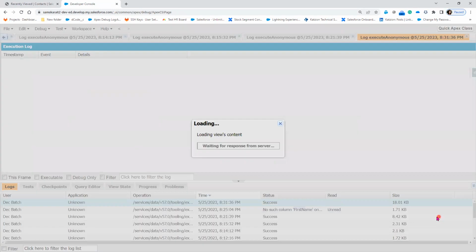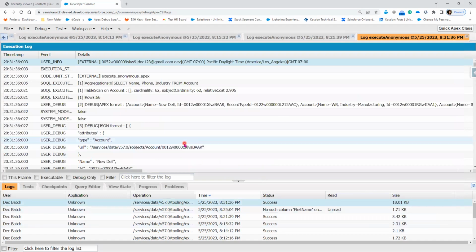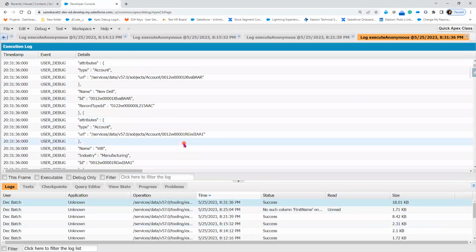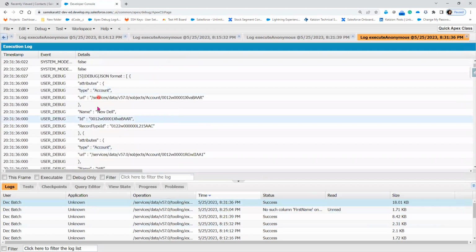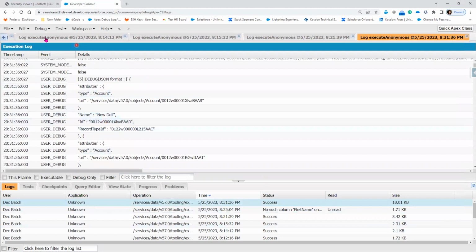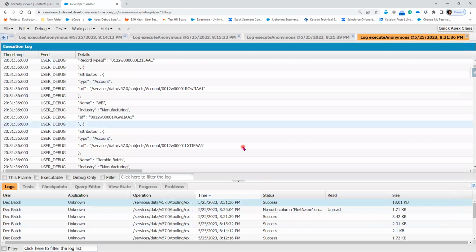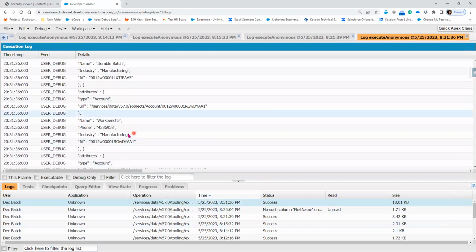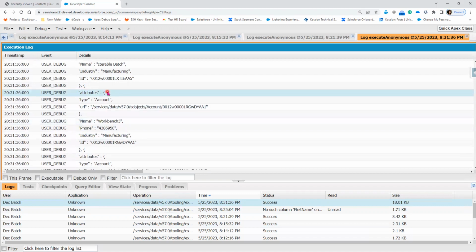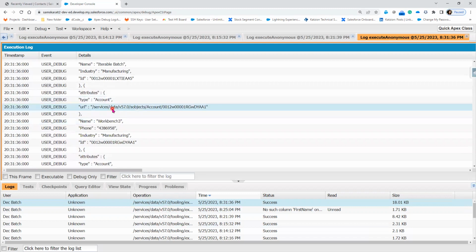Execute the highlighted one. Now, when I use the JSON class, within the JSON class, I have used the predefined serialize method. When I use it, what is happening along with the name? Actually, I'm querying the data of name, phone, industry. I'm just querying the name, phone, industry. That's it. Right? So whatever the name, phone, industry is there, only these details I'm querying. But what is happening along with this, I'm getting a few more details of attributes like a type equal to